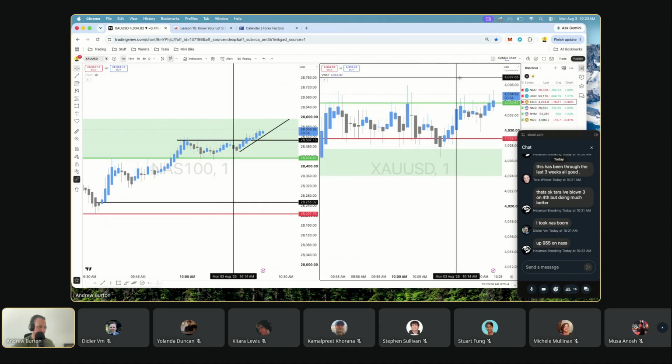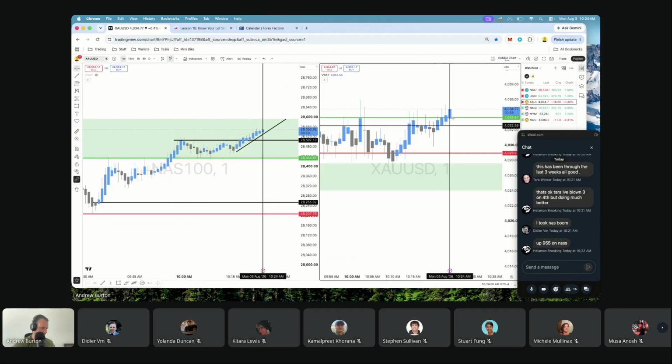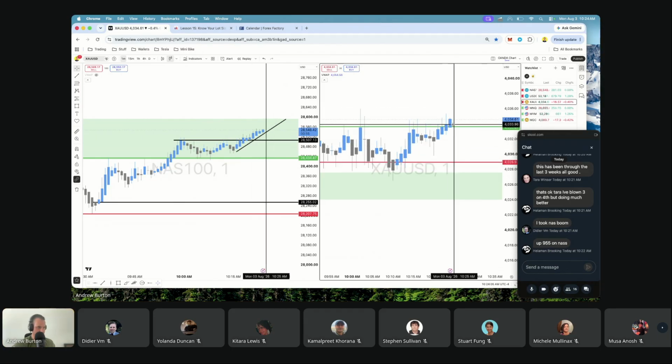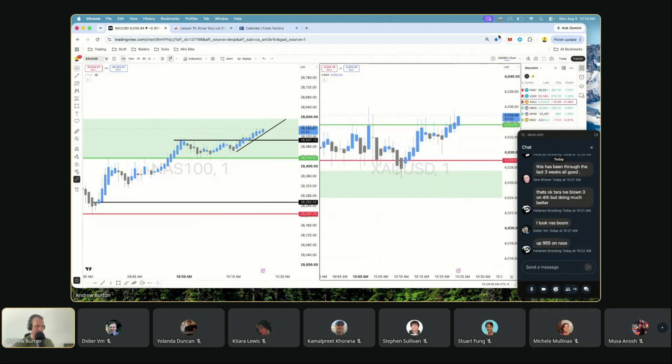Okay, so this here, look at this. Now it's just doing a liquidity sweep of the upper there. So, like the model is you could take a long here, but